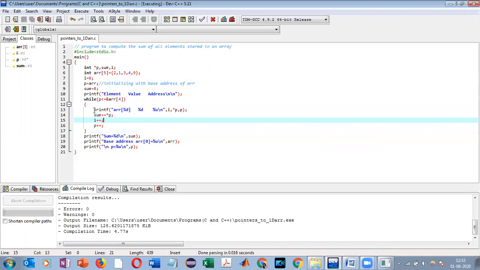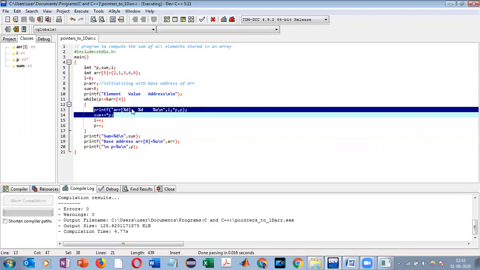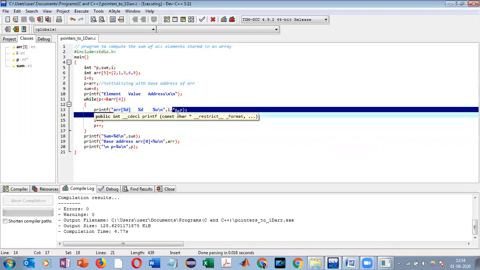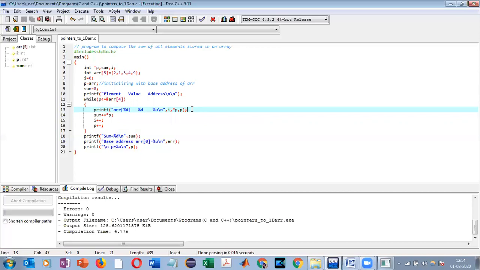And what are we printing over here? We are simply printing the array number, that is the element number. Then we are trying to access the value stored at that particular address using the indirection operator before p. So if p is 5000, or p is pointing to the base address, if we use the indirection operator before p, it is going to give me the value stored at that particular address.